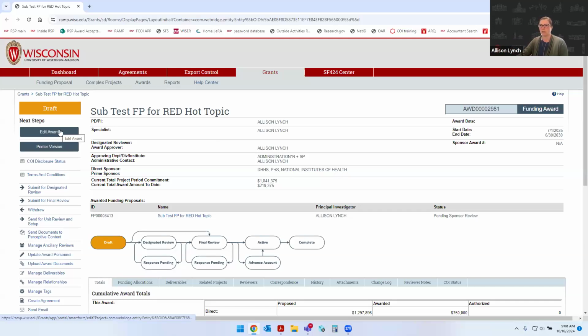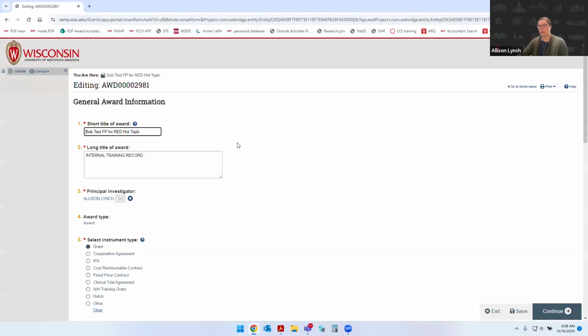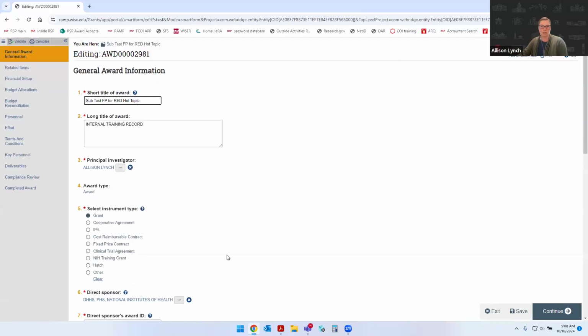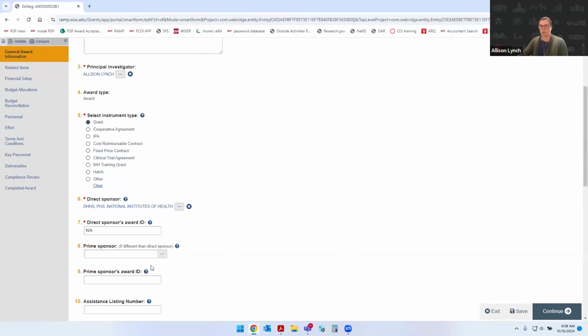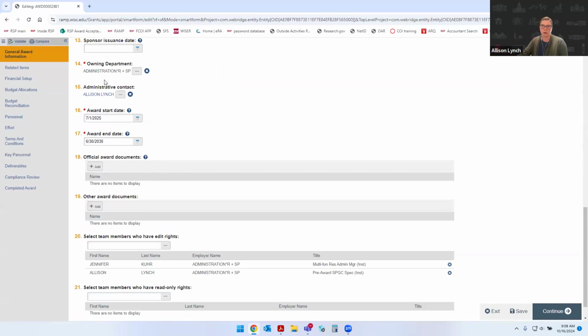So we will be going into the award here. And for an outgoing sub, I've created this demonstration that we will be subbing to another university and just one sub, but we're going to imagine that this award does not have automatic carryover. So as we walk through the general award information, this is all pretty standard for whether you have outgoing subs or not. And the